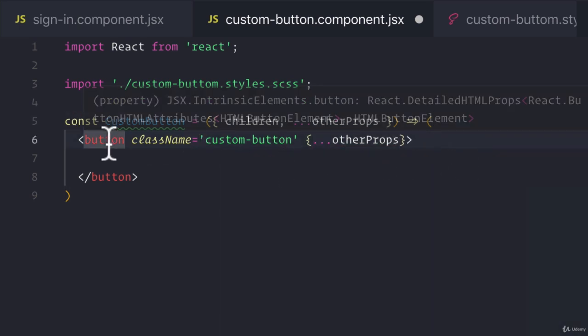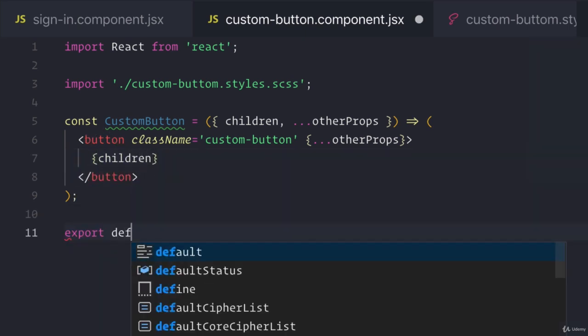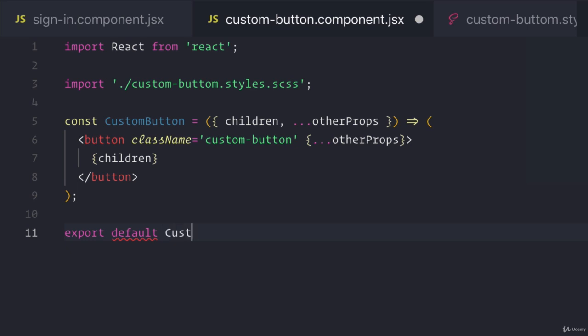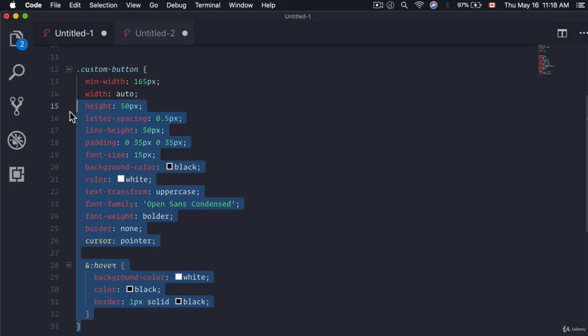Now, if we have a type submit being passed into custom button, the button will get that. And then we'll put children inside of our button component. And now, if we export our custom button, and then we add in our custom button styles, which I have provided right here,